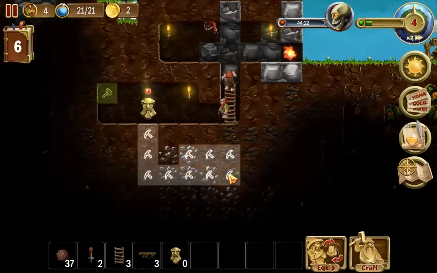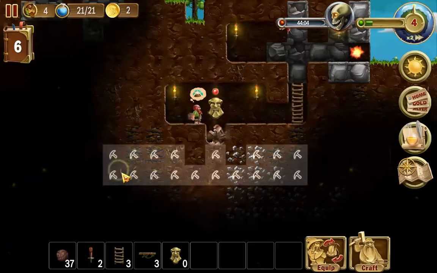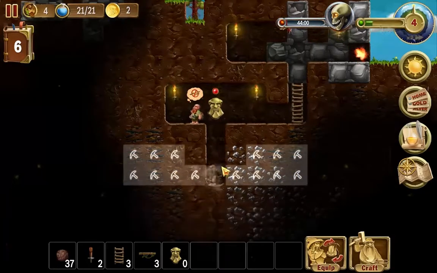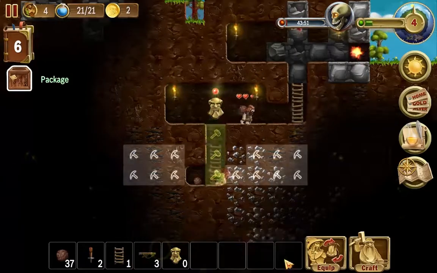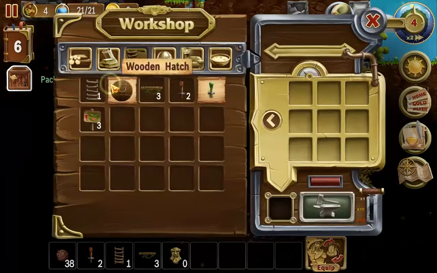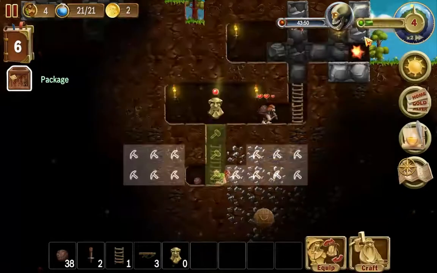How many doors I got? 4. I need that size room. So I'm gonna build a hatch for now, so I need some wood. It's always good to have a large stockpile of wood because you usually